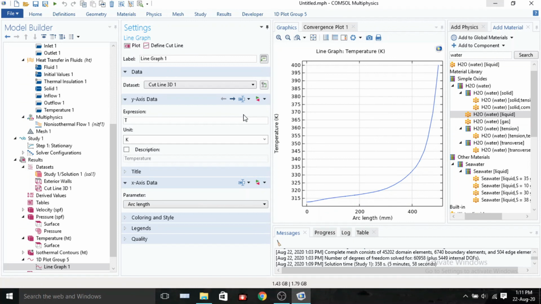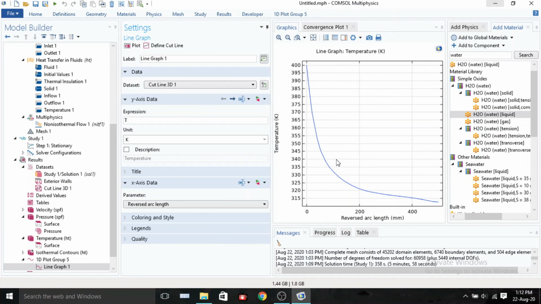So this has just been flipped. We can use the reverse arc length to get a better understanding. So you can see the heated end of the fin is at 400 Kelvin. That was our boundary condition.